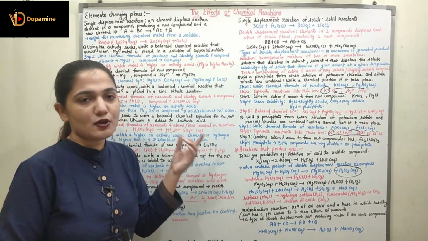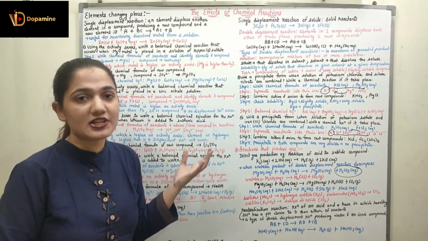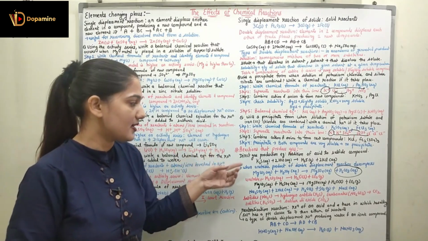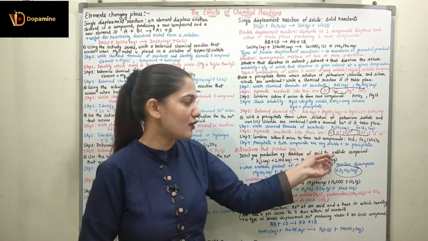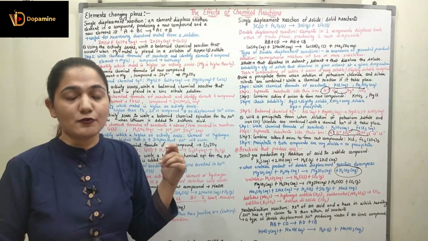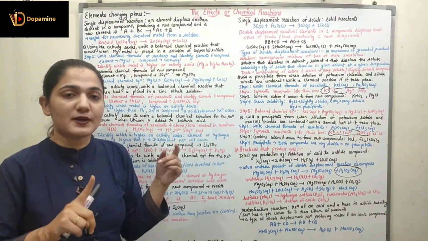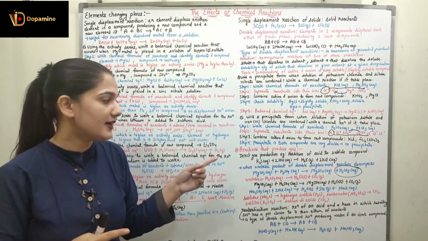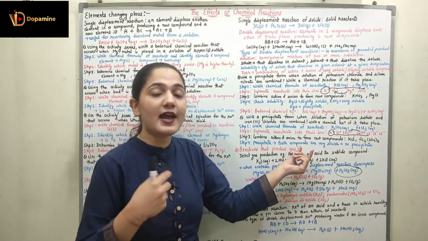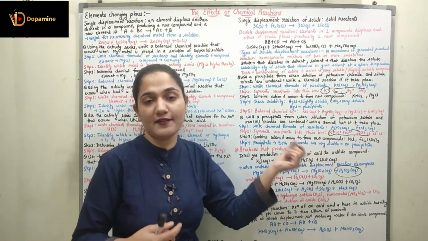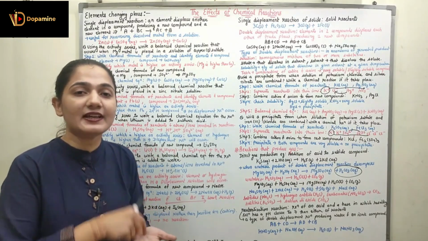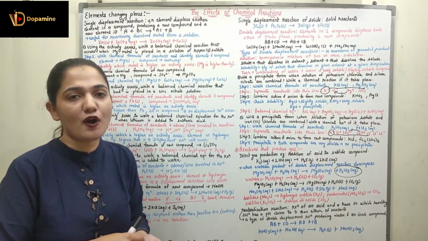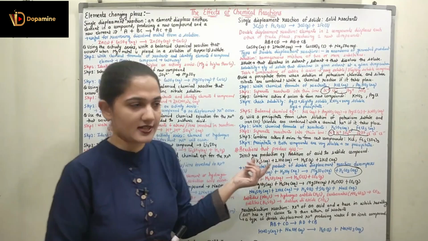Coming to the next concept, where we are going to understand the reactions that produce gases. We have two types of gas production, direct and indirect. In direct gas production, we have the addition of acid to a sulfide compound. When I add the acid to the sulfide, we get the gas directly. So this is an example of direct gas production. We can have more such examples.